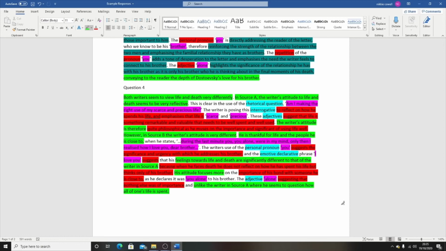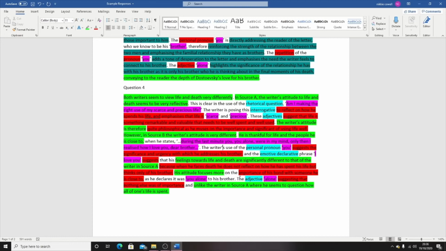However, I'm now going to source B, and I want to make that comparison because I need to talk about the differences. That was what I highlighted in the question. So the writer's attitude is very different. He is thankful for life and the people he is close to. When he states, "during the last minute, you alone were in my mind, only then I realised how I love you, dear brother." The writer's use of the personal pronoun, and I can see there actually I need to put an apostrophe in. The writer's use of the personal pronoun "you" suggests the significance and urgency with which he addresses